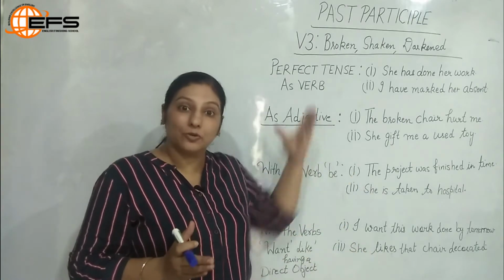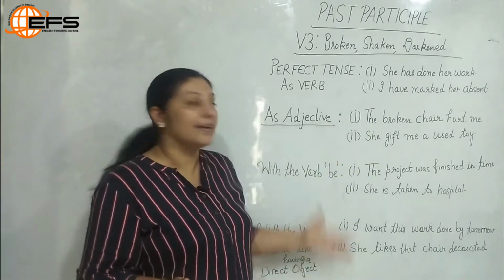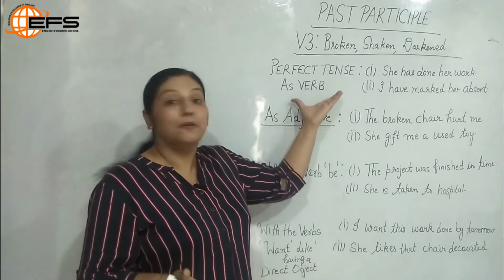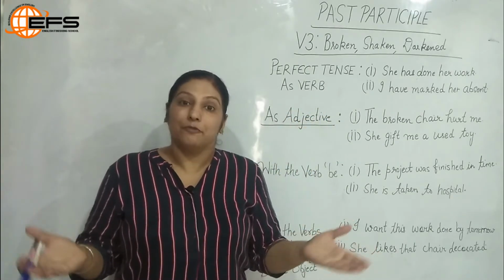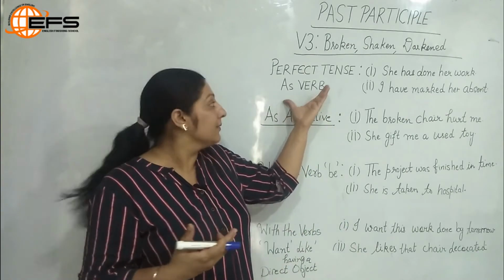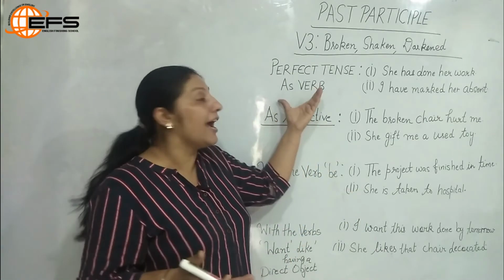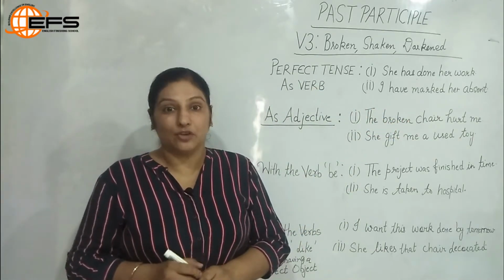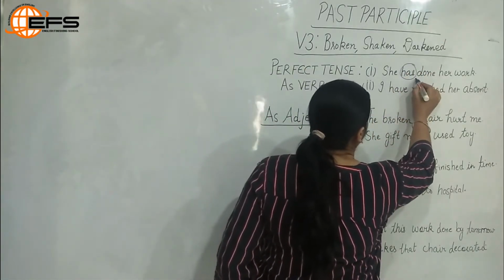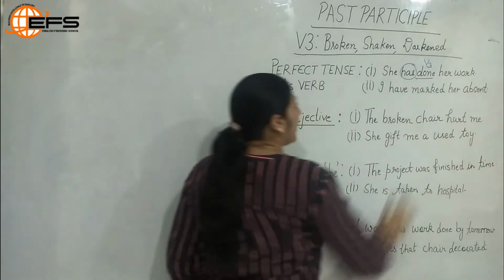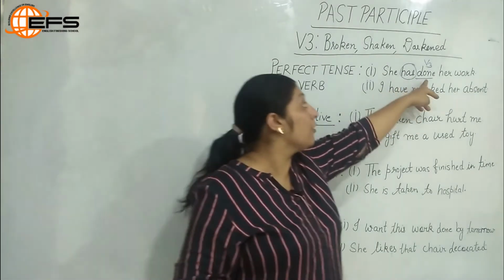So, let us understand this role of past participle. How does it function in a sentence? Look at this here. The first role of past participle is as a verb. We have perfect tenses. We have been doing it for many years. So, the perfect tenses, present perfect tense, past perfect tense, future perfect tense, have a past participle verb in their structure. So, the moment I say she has done, has is the finite verb and done, that is the third form, the past participle form, acts as a verb in this sentence and it is a non-finite verb here,